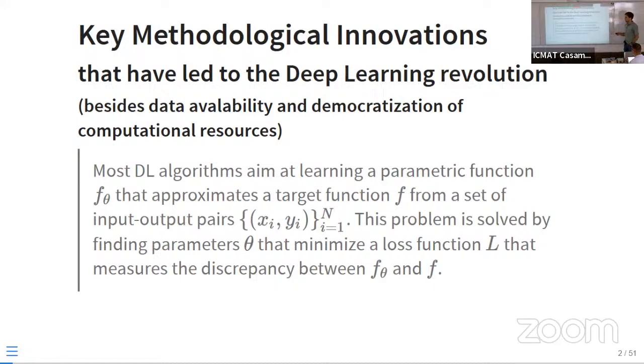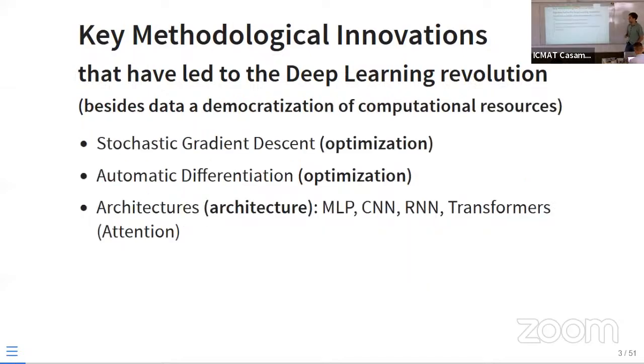Otherwise, in each iteration we would need to load in memory the whole data set. N is very large, like imagine all the text with which GPT has been trained. That's not possible because we cannot load all this data into memory. But stochastic gradient descent, which is a technique, by the way, invented in the 50s in the stochastic approximation literature, enables us to work with batches, with little amounts of data,